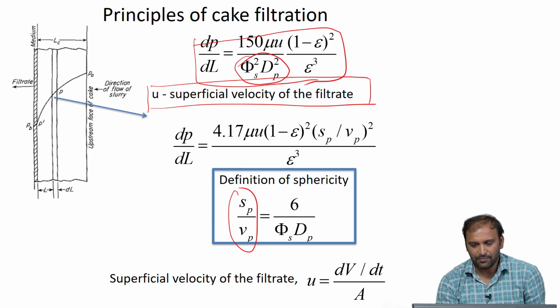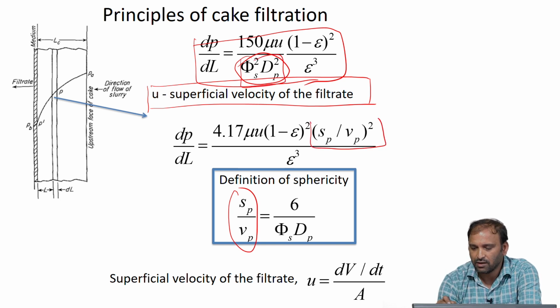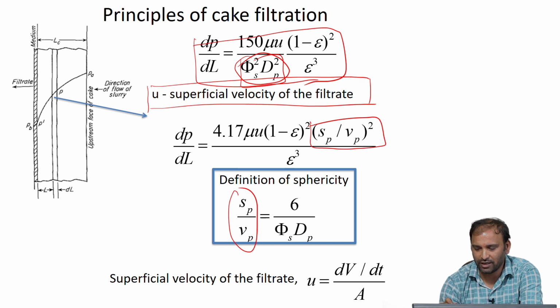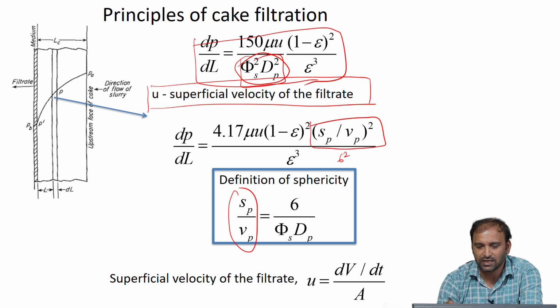Then I can replace phi s square dp square with Sp by Vp whole square divided by 6 square. So 150 divided by 6 square, that is 36, leaves out